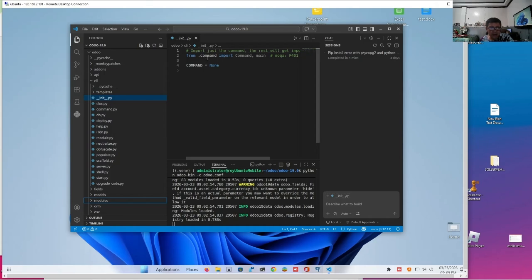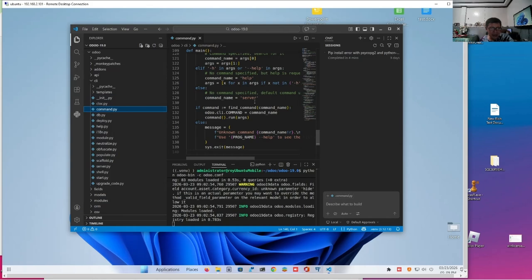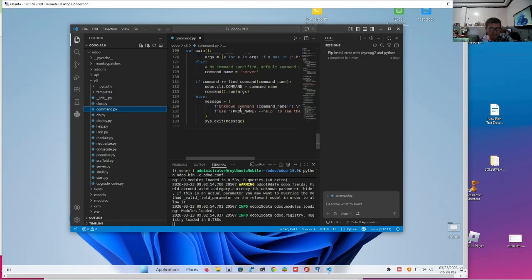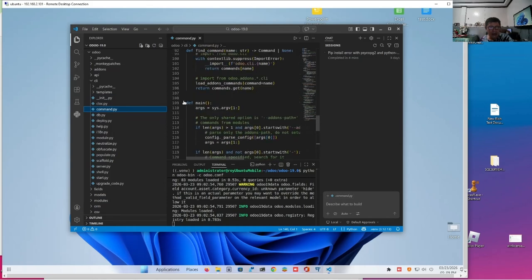From that command, import command main, and most probably main is in that command. Okay, you follow? There it is, command.py, and then we look for a function main. There it is. This is the main function.